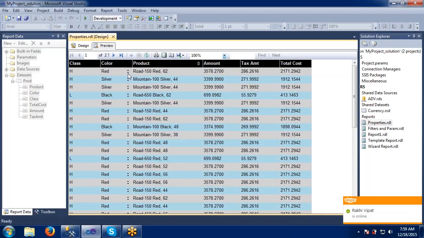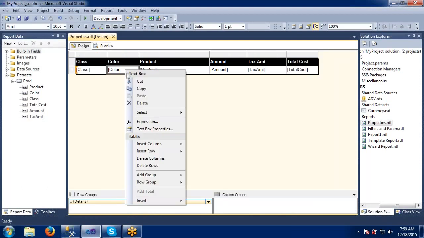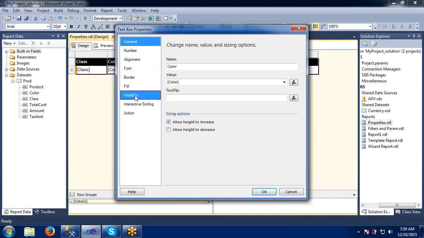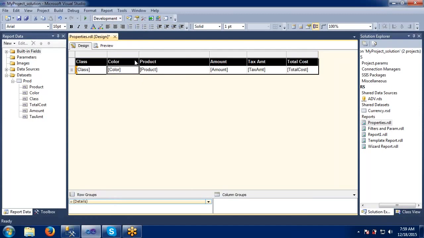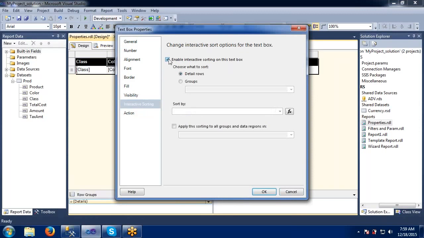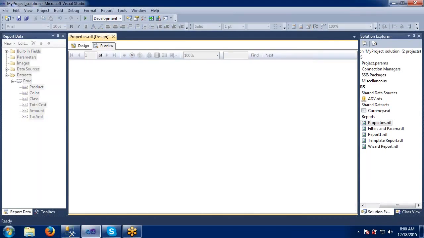See here, it is giving some icon here. If you see this one, some icon has come here. So this icon shows that you can sort this one. Okay, but generally this sorting option should not be displayed on the row. It should be displayed on the column level. Then you can easily understand how this column is sorted or not. We have given it on the row, right? So now I will give it on the column level. Let's preview it once again so that we can understand whether this is giving proper sorting or not.